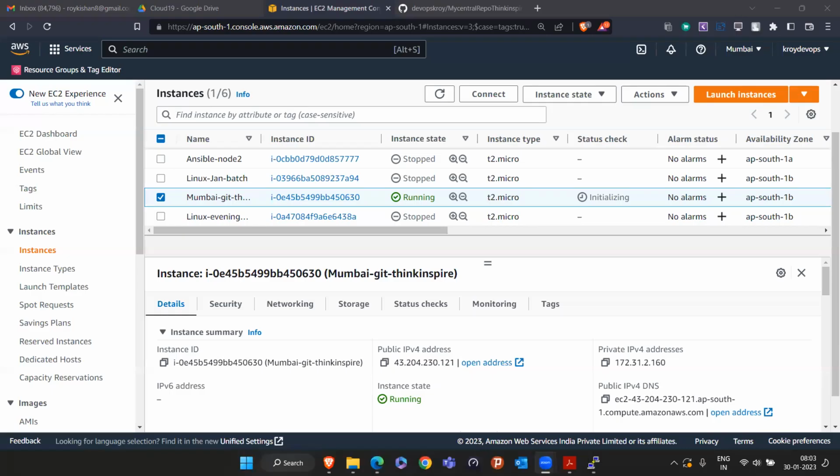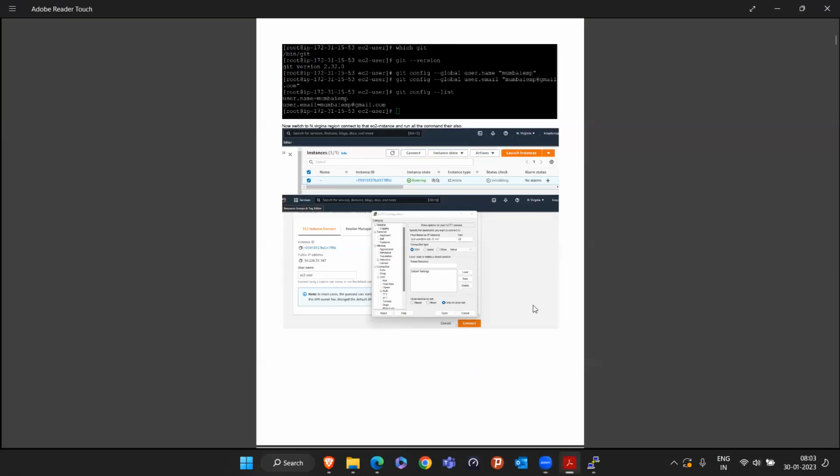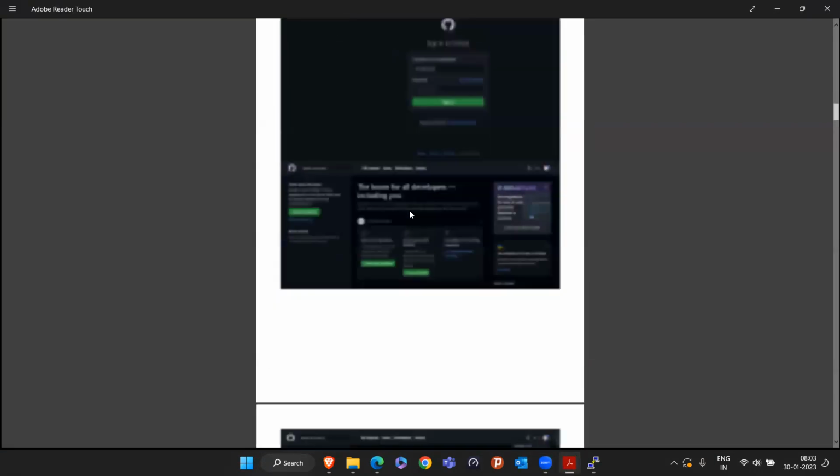So in the last class, if you remember, we discussed the Git branching concept: how a branch can be created, how you can merge the code, and if some error comes during merging, then what you have to do, you have to merge it manually. These three examples we saw, and if you remember,